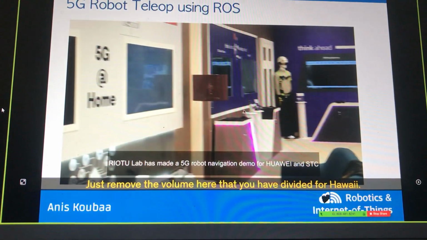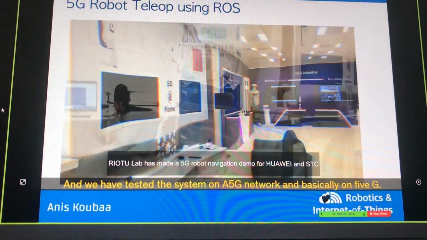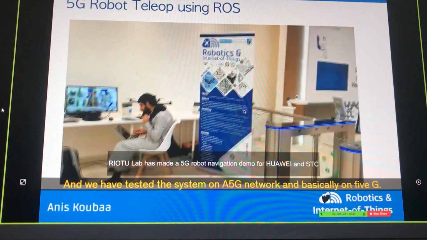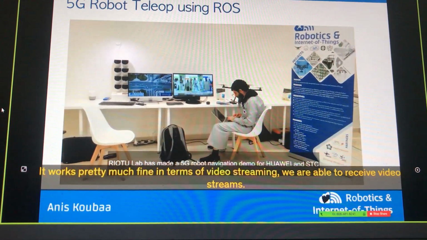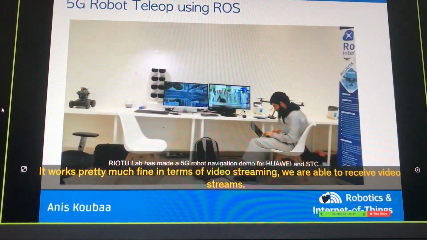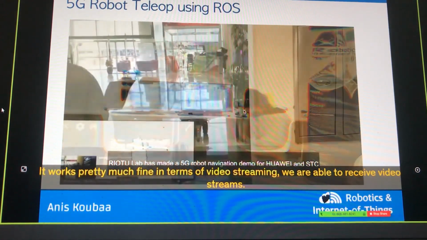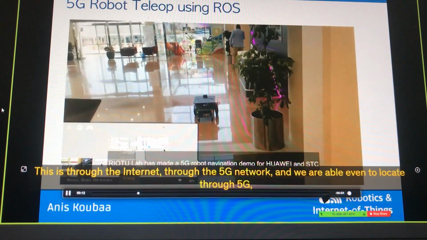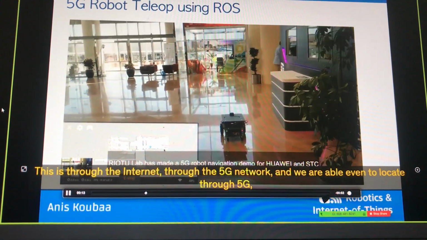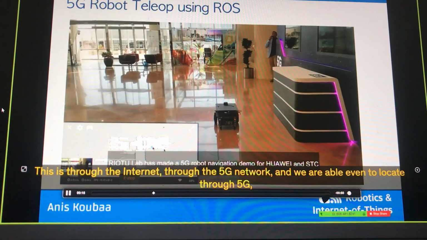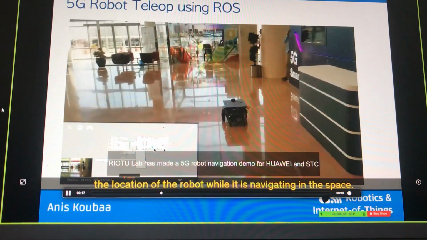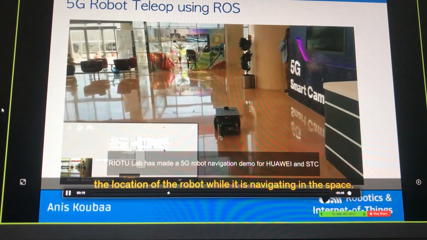That we have developed for Huawei, and we have tested the system on a 5G network. And basically on 5G, it works pretty much fine in terms of video streaming. We are able to receive video streams through the internet, through the 5G network. And we are even able to locate through 5G the location of the robot while it is navigating in the